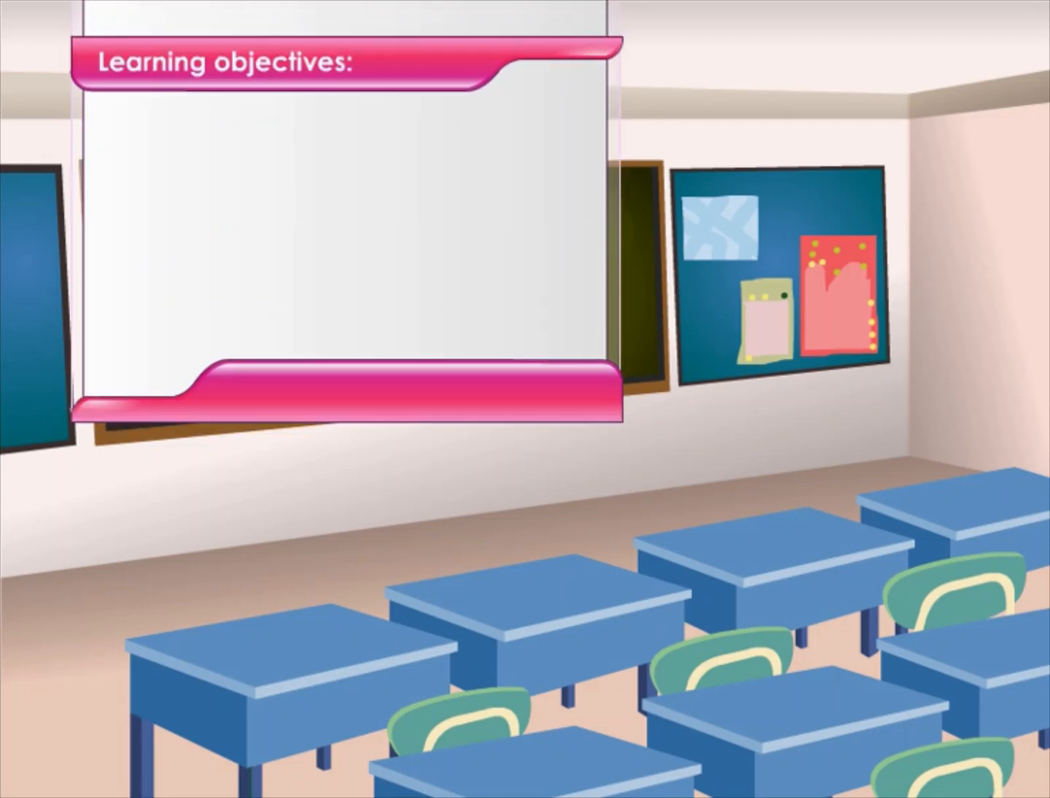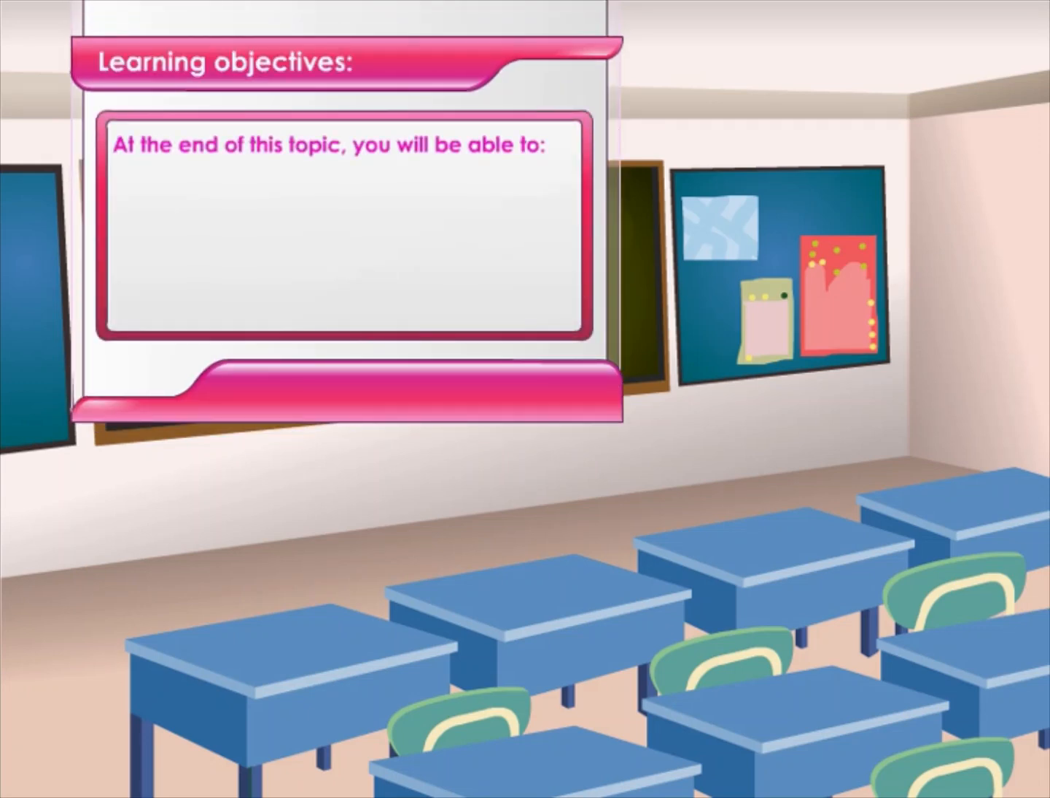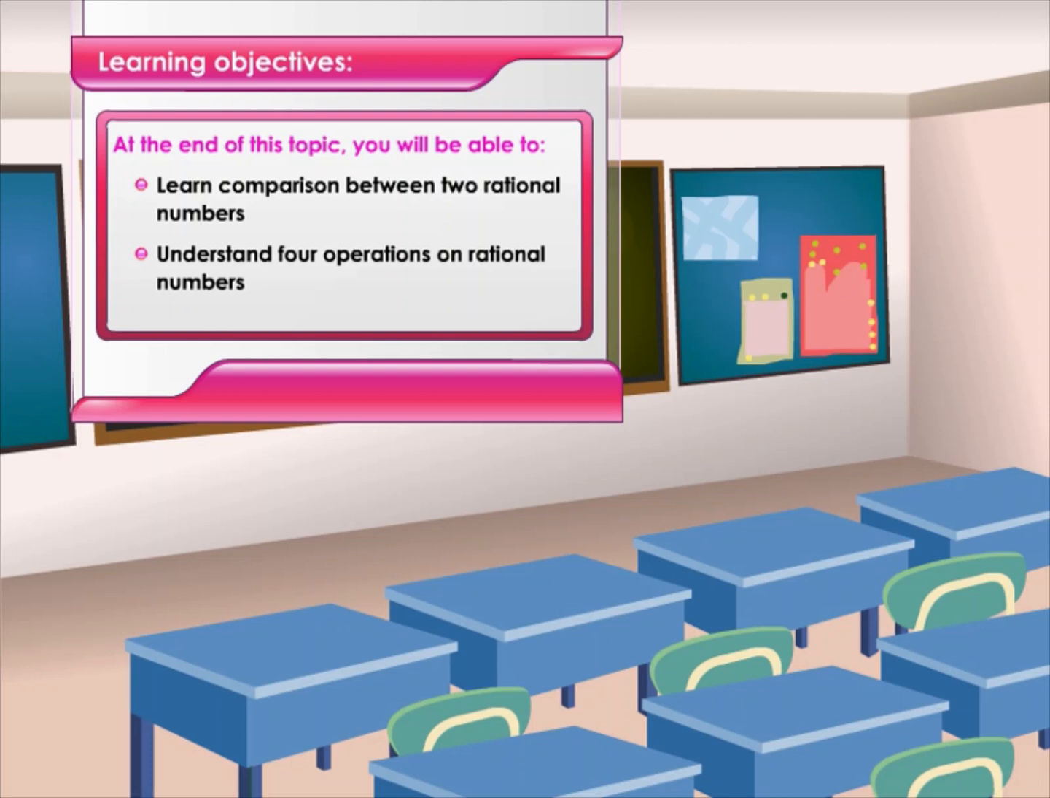Learning objectives. At the end of this topic, you will be able to learn comparison between two rational numbers, understand 4 operations on rational numbers,